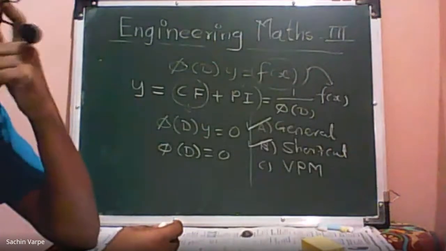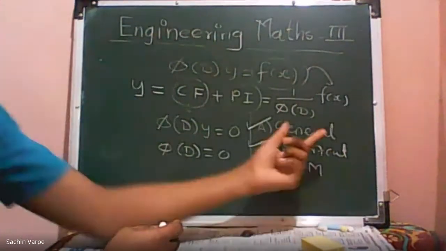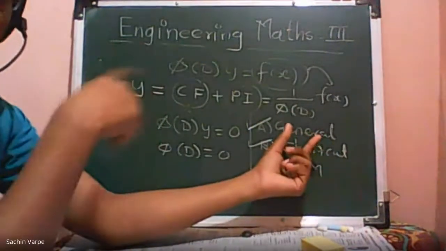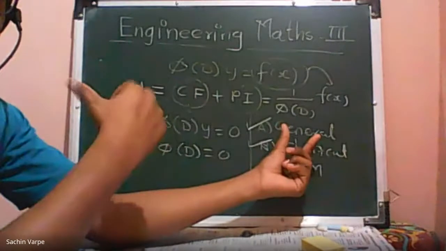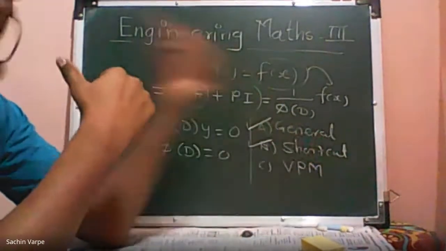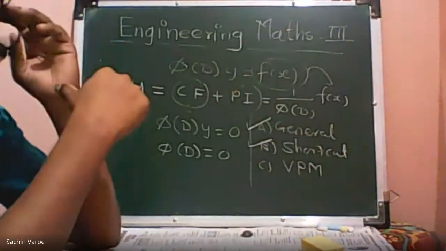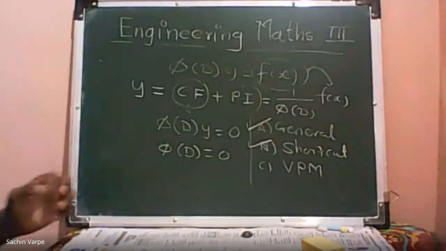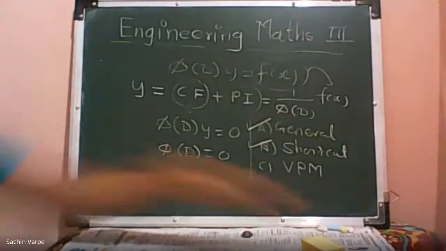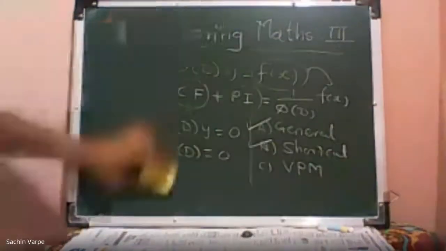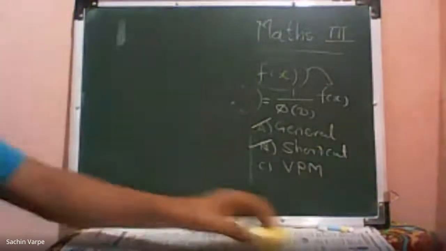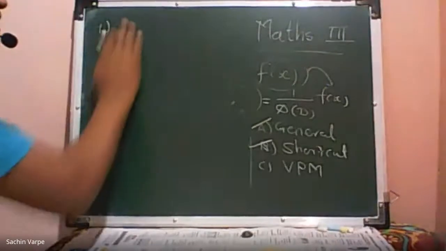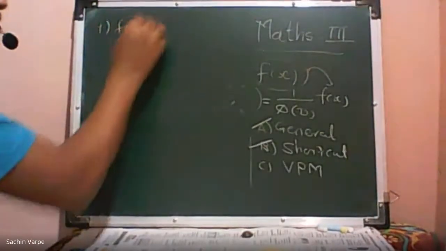So in general method, we actually used to evaluate those integrations, and in shortcut, with the help of those integration formulas only, we have some standard formulas that we are applying to those standard functions. That is what the shortcut is. I think we have discussed 5 to 6 cases about shortcut. The first case is when f of x, the right hand side function, is an exponential function.